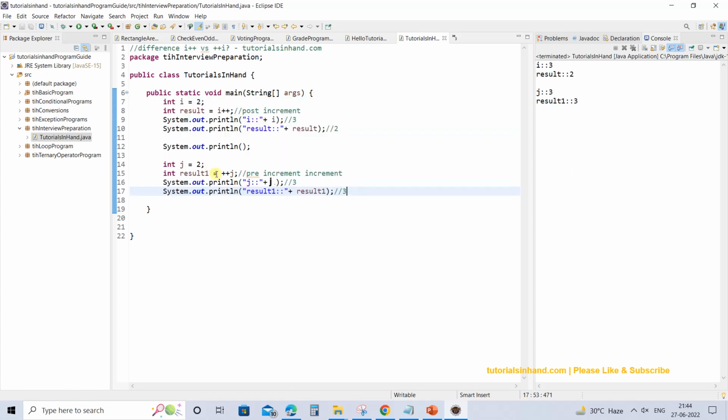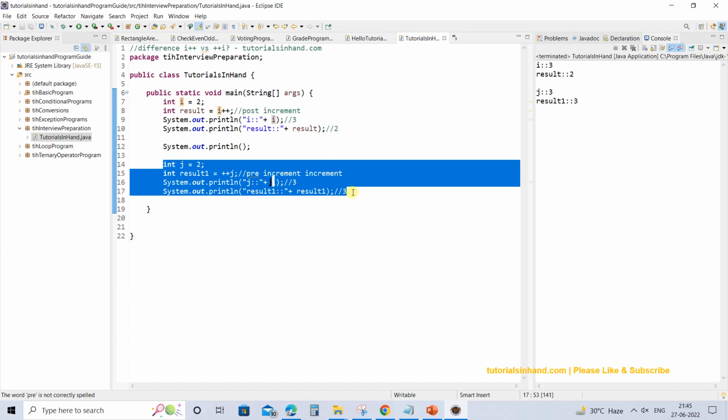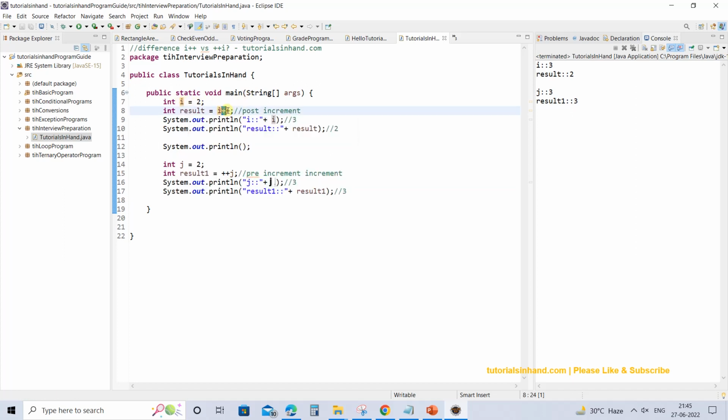So you should have this thing in your mind, how this i plus plus and plus plus i will work. You can replace this j with i as well. It will not make a difference, but in the same code you cannot have two variables with the same name. So that is why I have used i and j to explain the logic. If we had removed this one and explained the same on i, making it plus plus, it would have made no difference. It would have worked exactly the way I have explained over here.